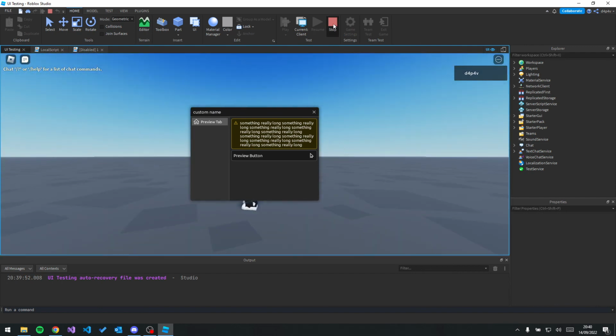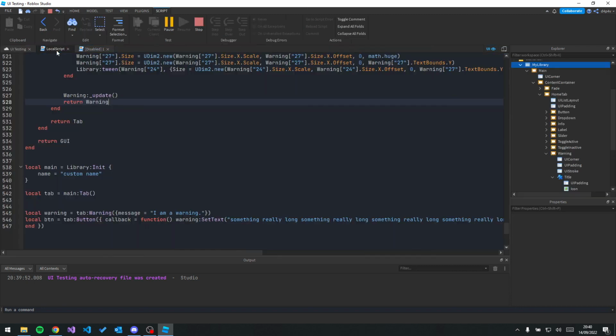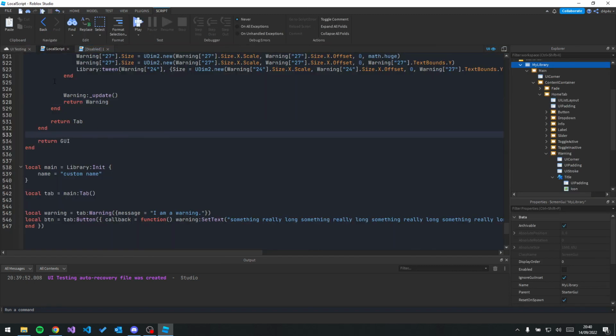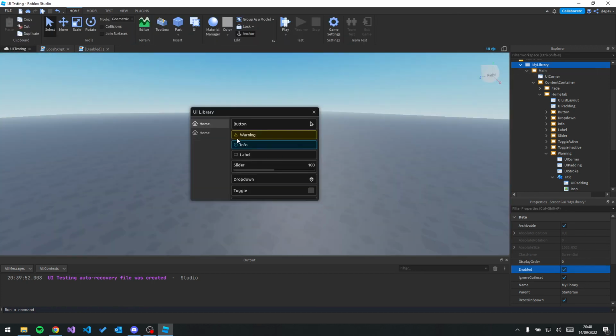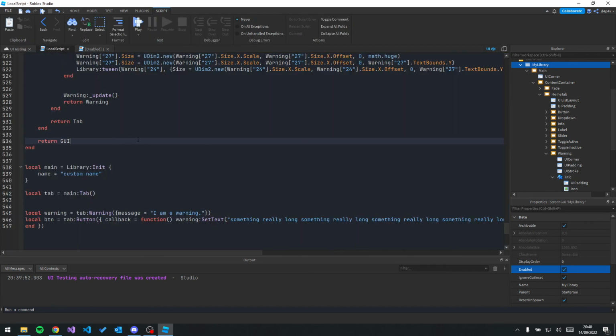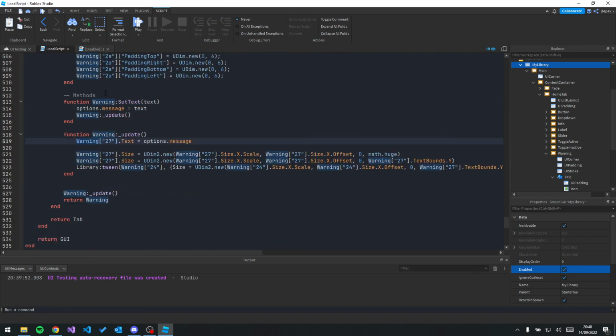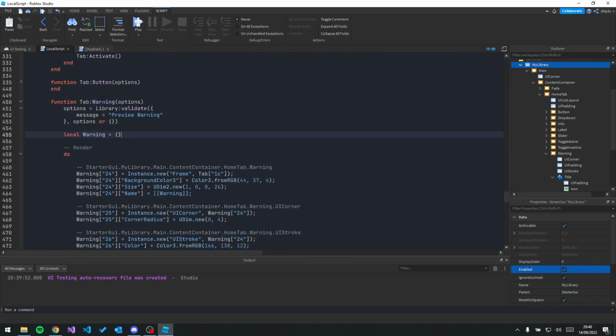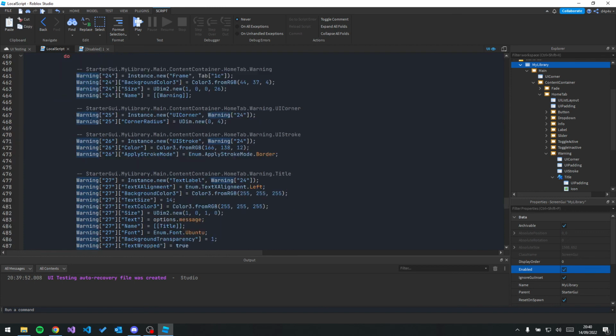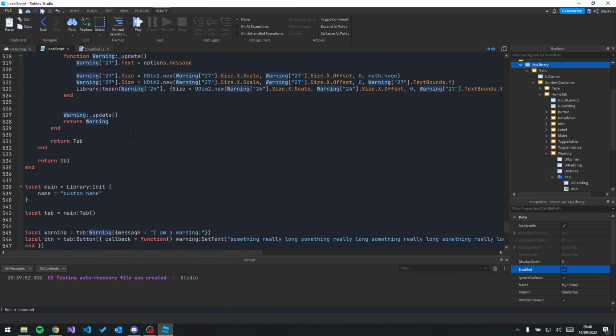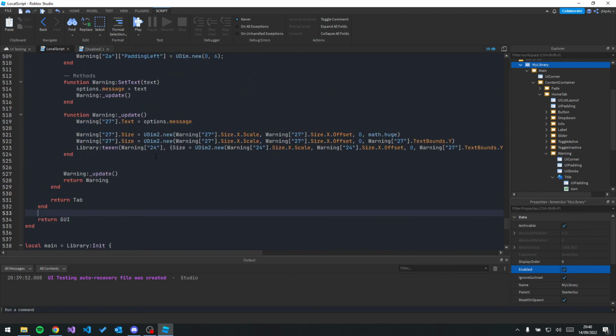So that's the warning. And for the label and the info, which we have right here, for these two, you can just copy paste the warning code and just change the names. So all you have to do is change this, this, this, and then all of these that just correspond to it. And yeah,